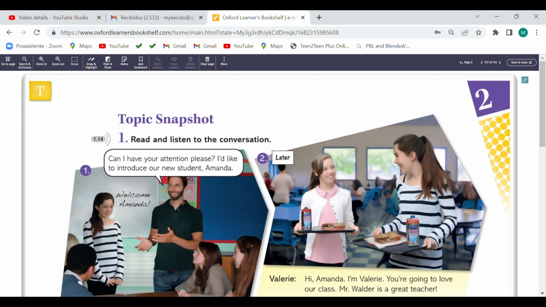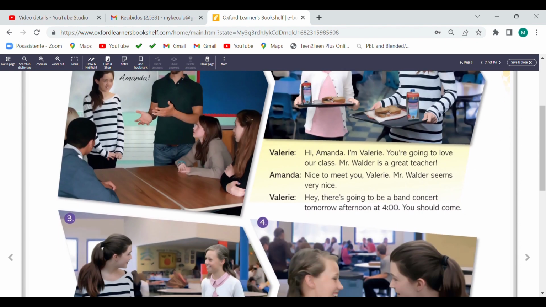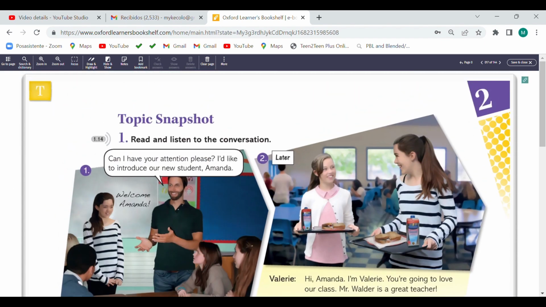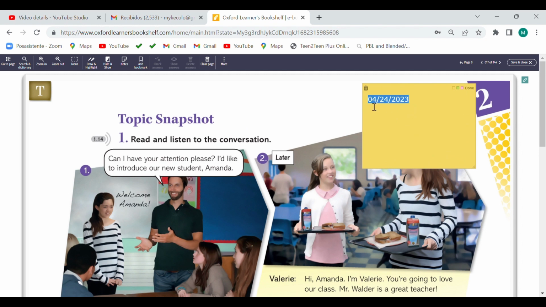My name is Mike Sagashot and I'm going to start with this page. Open your book at page number 17 and write your first name and last name at the top of this page. En la parte de arriba de esta página vamos a colocar nuestro primer nombre, nuestro primer apellido y la fecha en inglés. April 24, 2023. Bueno, vamos a colocar la fecha que vamos a resolver estas páginas.